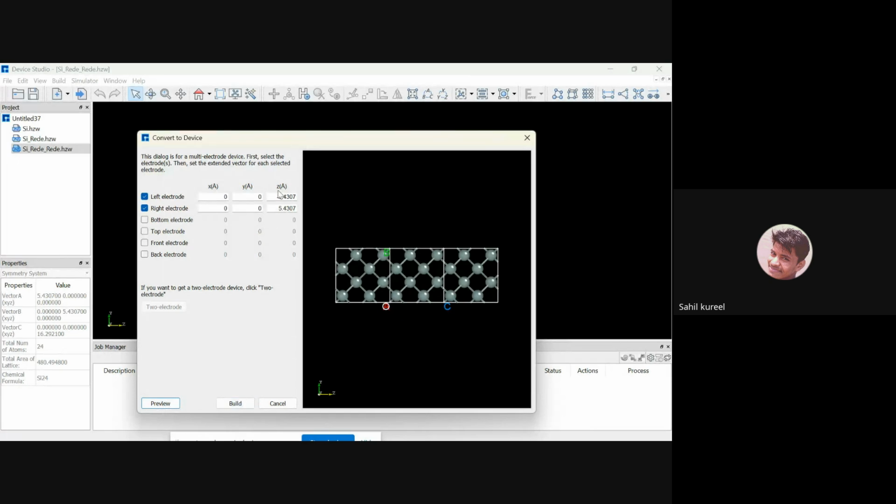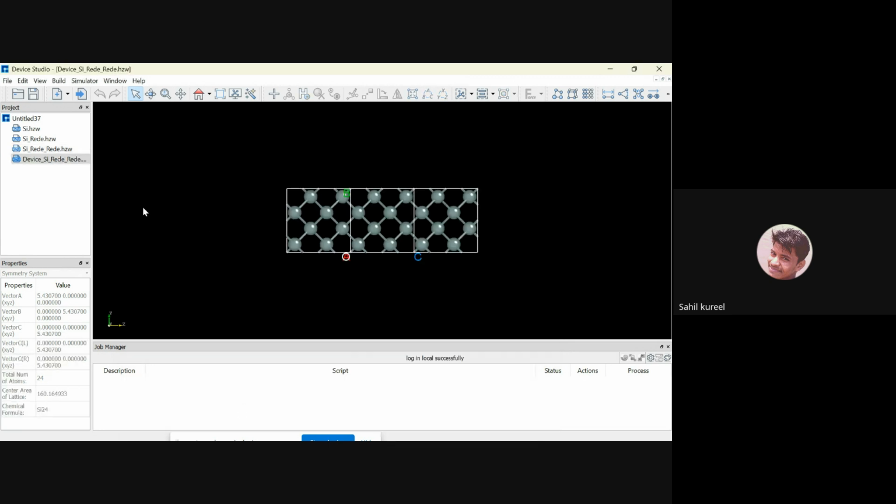If you want to change that value in here, you can change it, but we are simply selecting the default value, and you can choose. And then click the build tab, sir,